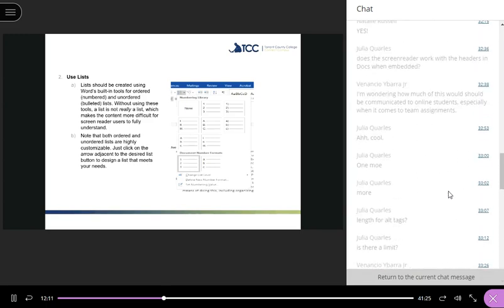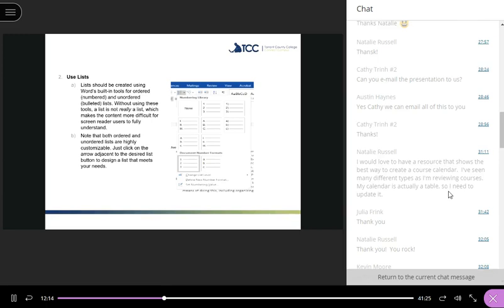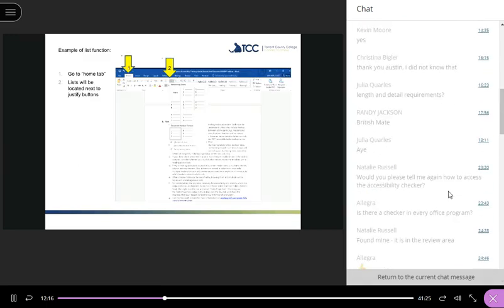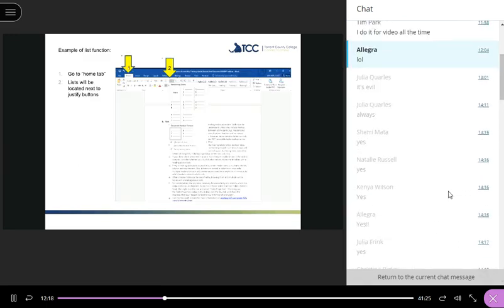Here's where you find it inside of Word. On the Home tab, right over towards the middle of the page, just to the left of the headings, you'll see your drop down for lists, and it even has more options further down in the settings.